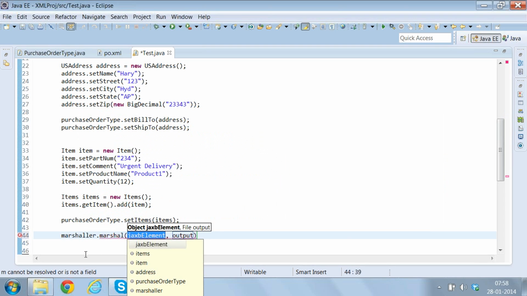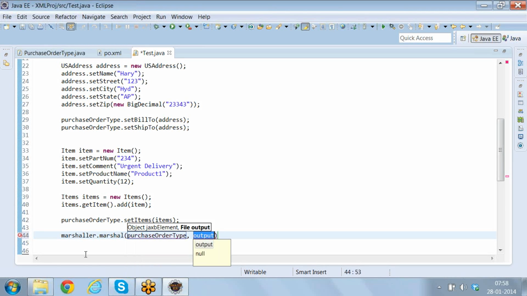You have to pass this purchase order type object reference, and then the marshaller will generate the XML data. The XML data which is generated by the marshaller,